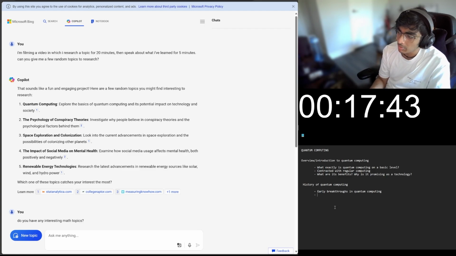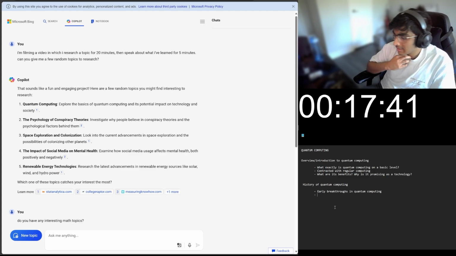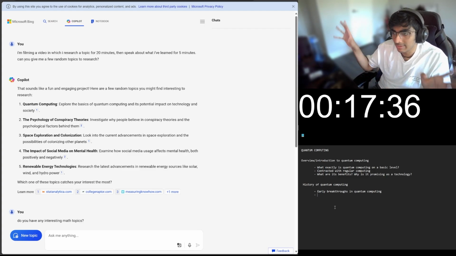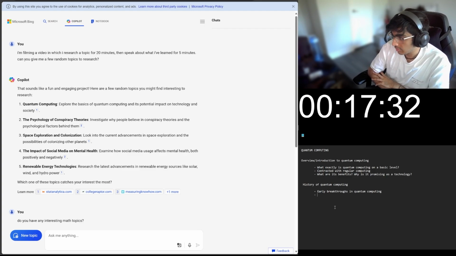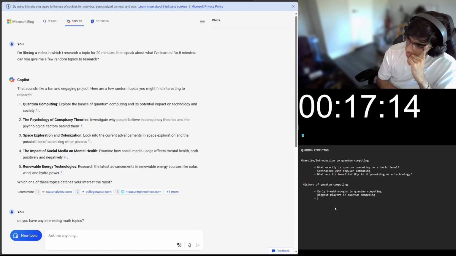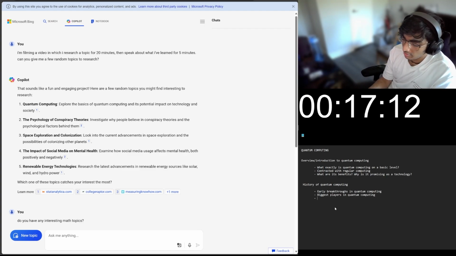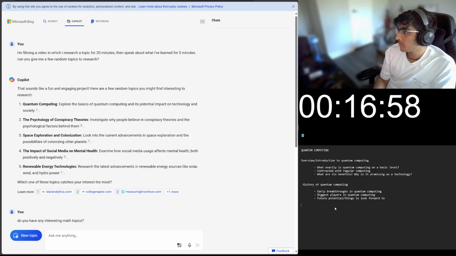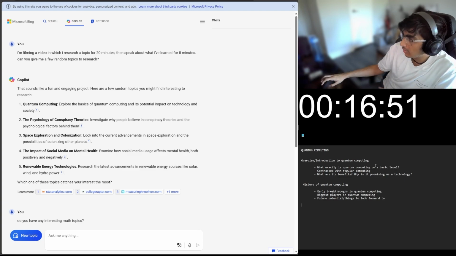And then after that, we probably want to lead it up to the modern day and get a good idea of what the current landscape is like for quantum computing. So regarding that, I'll say biggest players in quantum computing, maybe. Okay. And then maybe also at the end of this, we'll talk about future potential things to look forward to. I don't know if we need another section right now. Maybe we will, but for now, I think I'll start just using all of this.